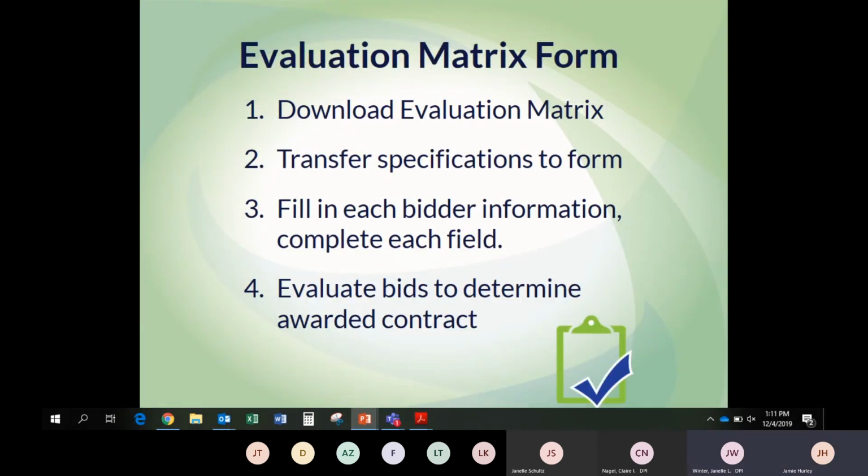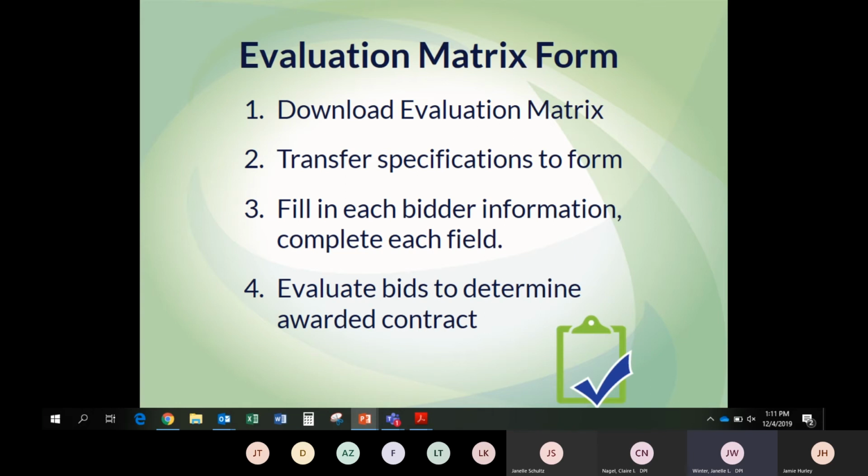So the evaluation matrix form is a form that we created to help you track who bid on the equipment and also who would be the winner of the bid. The evaluation matrix was sent to you, so you need to download that, and it's a fillable document. The first thing that needs to be done is to transfer your specifications from your spec form onto the